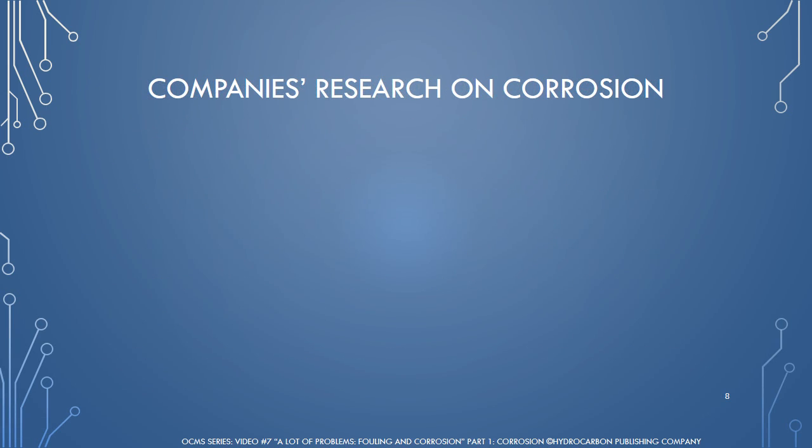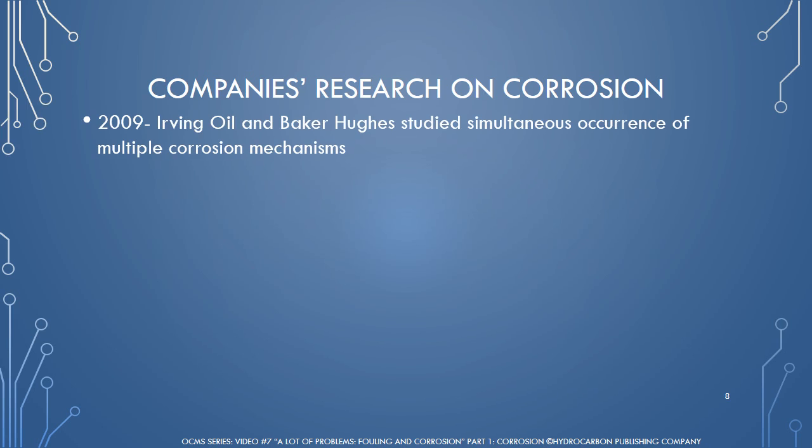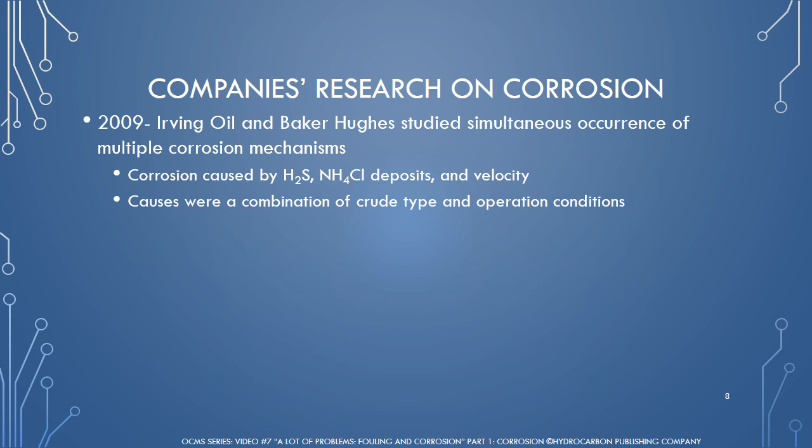Refiners and companies have worked together to determine causes of corrosion. In 2009, Irving Oil and Baker Hughes worked together to study multiple corrosion mechanisms occurring at once, mainly hydrogen sulfide corrosion and ammonium chloride corrosion, and corrosion caused by increased flow velocity. The cause behind these problems was determined to be a combination of crude type and operating conditions. In 2016,